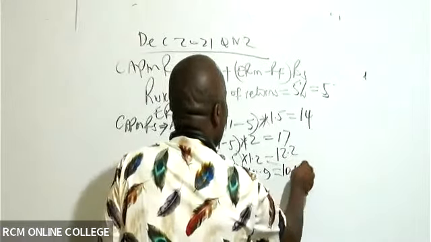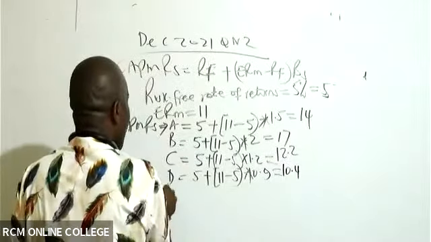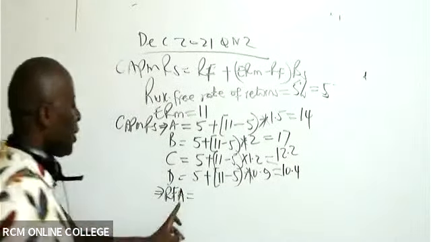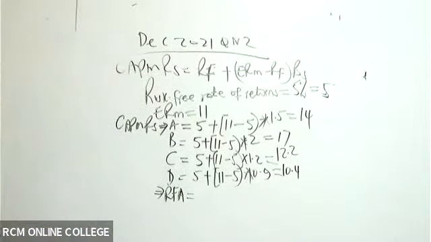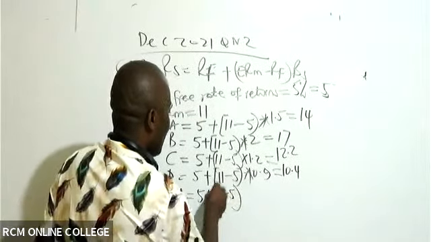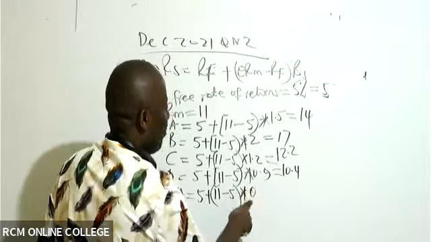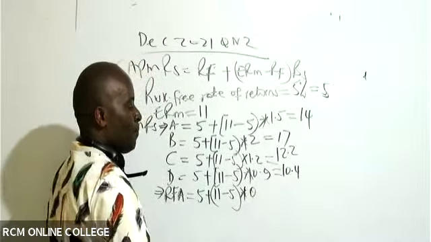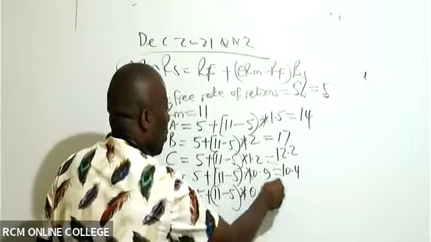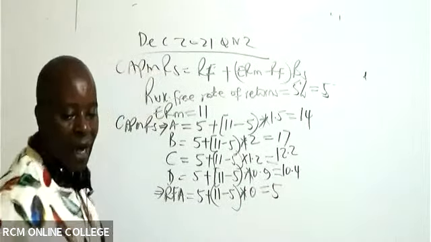And many forgot to find the one for the risk free asset. Please write in full. I'm always used to writing it like this. Risk free asset. So the expected return of the risk free asset will be 5 plus 11 minus 5. I know its beta is 0. It's given there. Beta is 0. So this will end up giving me 5.